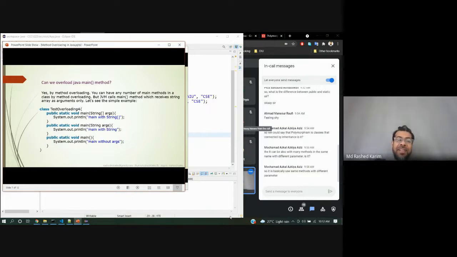Main method, can we overload? Yes, you can. You can overload the main method using different parameters. Normally we declare main with String args, but you can also declare main methods without parameters.